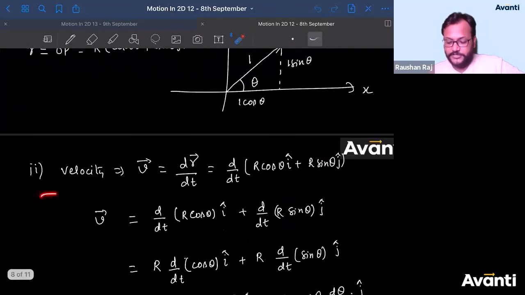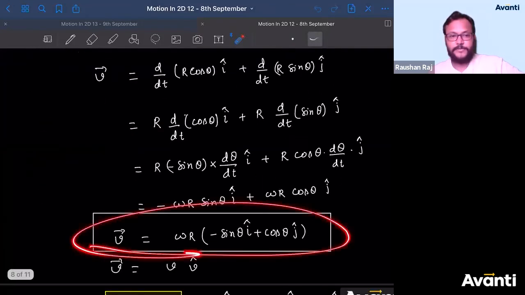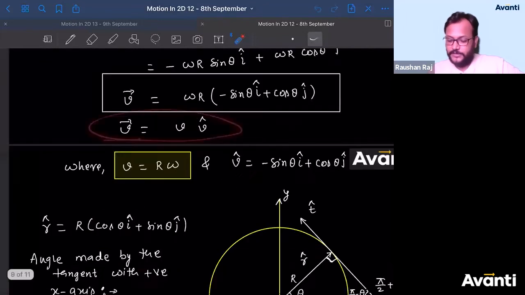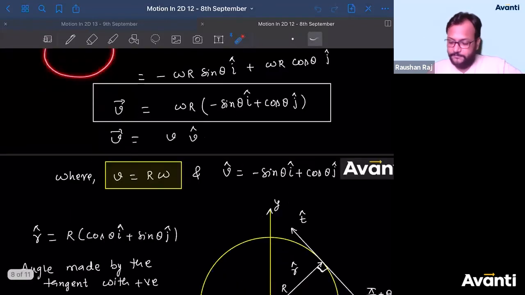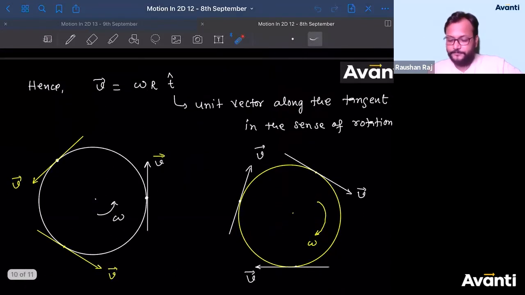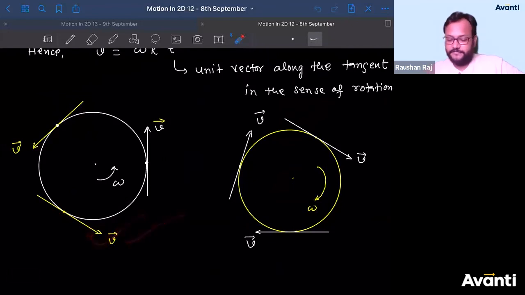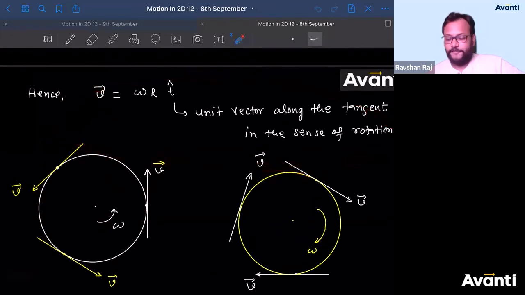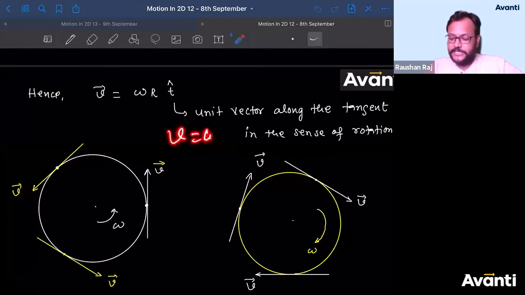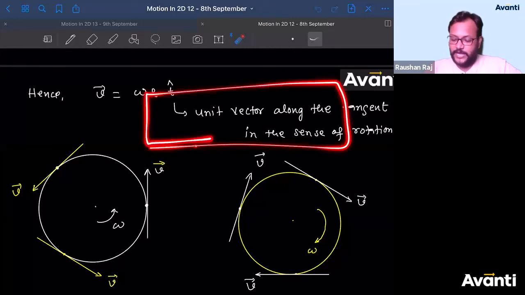Yeah, I'll add this part, velocity ka. Then I'll say velocity is in this direction. Then I'll write this. The direction of velocity will be along the tangent, along the sense of rotation. I'll make sure this is being written there. And then I'll draw the diagram. This is self-explanatory. If this is omega, this is v, this is v, this is v, like this. I don't have to write all these things. For magnitude of velocity, I'll add v is equal to omega r. So in one page, in this much space में मैं पूरा angular velocity explain कर दूंगा.